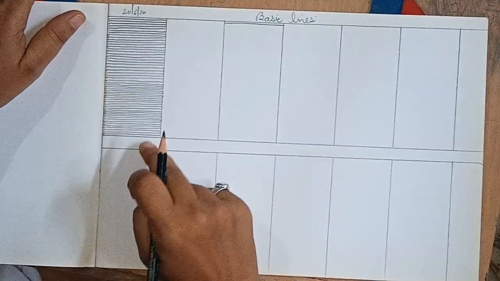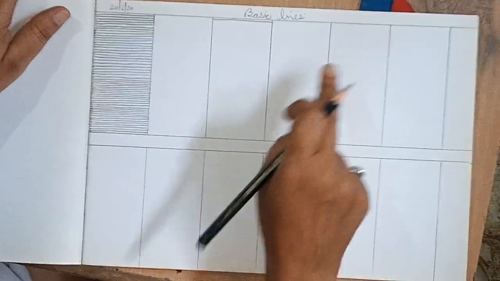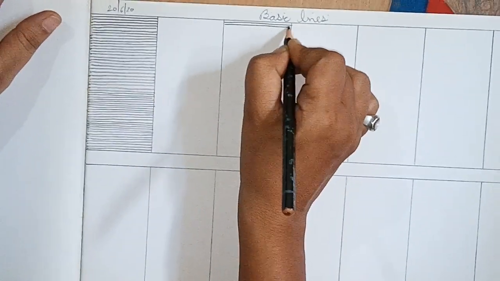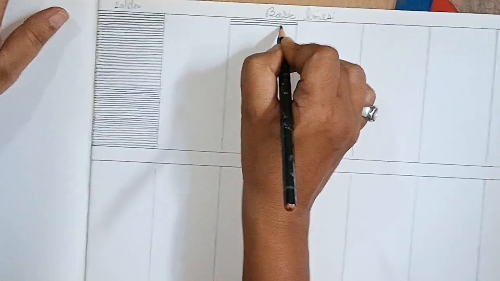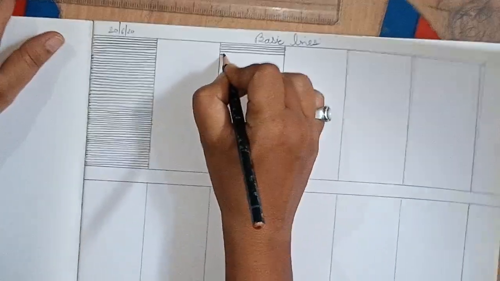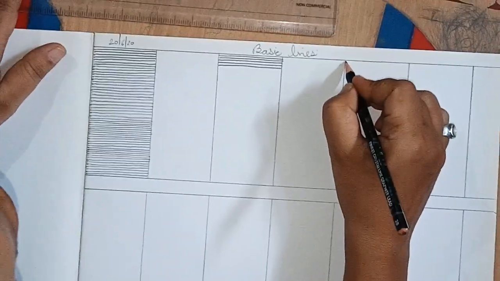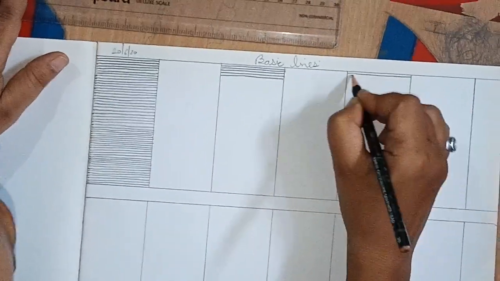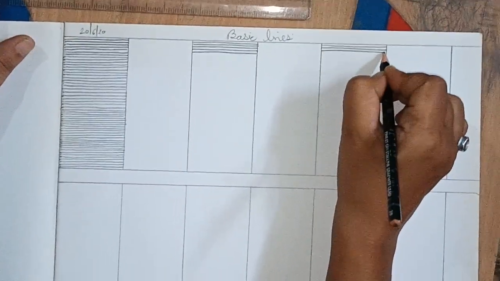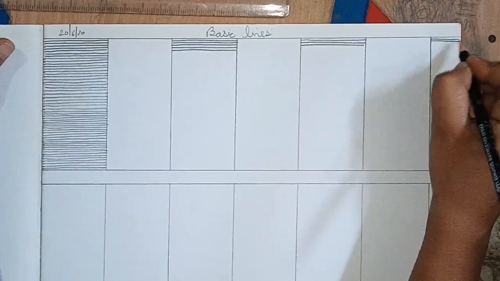We have completed one block. You can see. Now leave one block and go to next. Alternate we will do. Okay, I am just showing you two lines right now. So you can see the same way we have to do horizontal line in second block this way. Then we have to leave one block and we have to do here third block. In the same way, this small one also we will fill horizontal line. You can see.